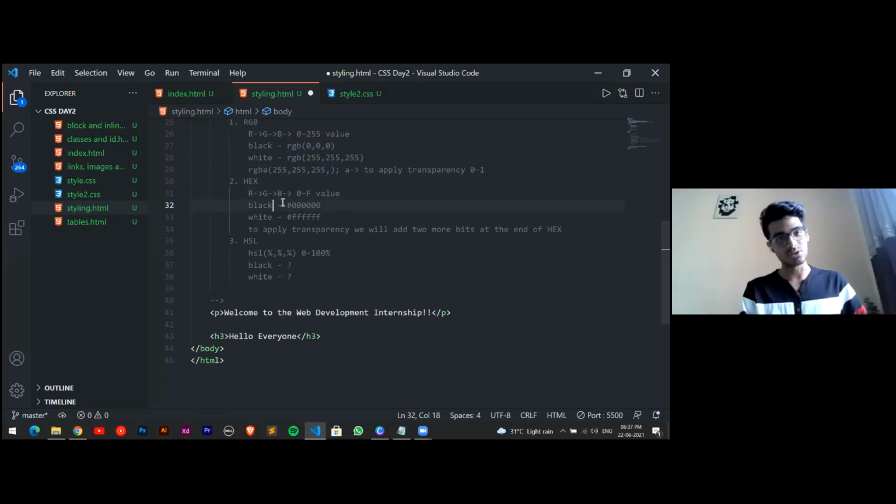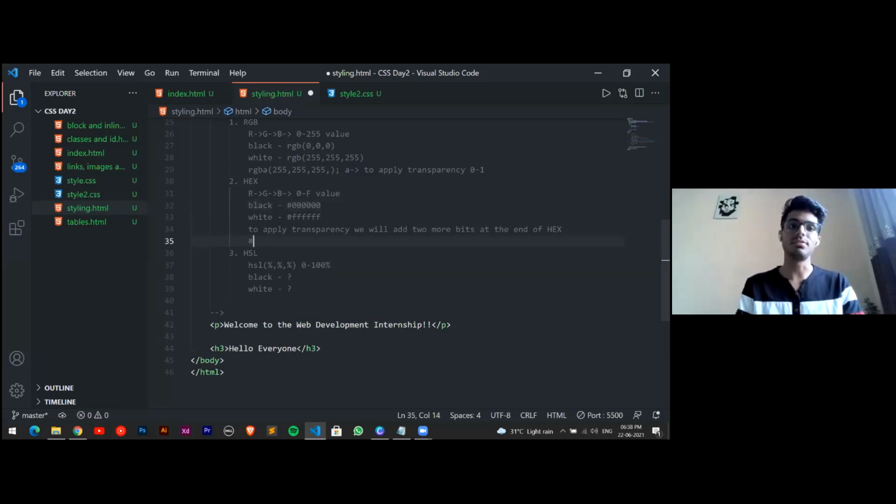Again, here we can apply our transparency. So let's take a color, maybe any random color. If we take any random code, it should be a 6-letter one.